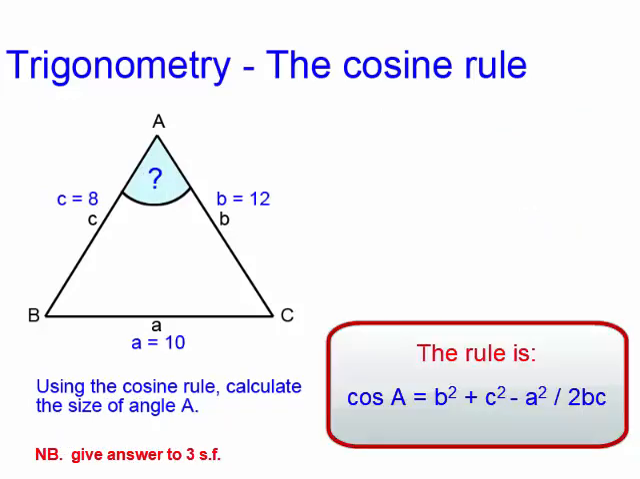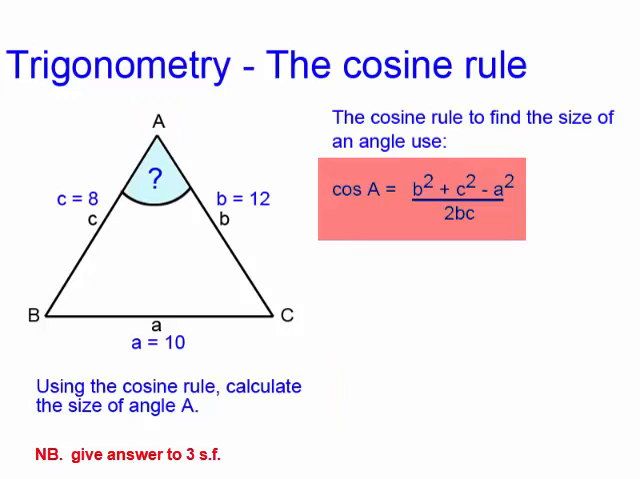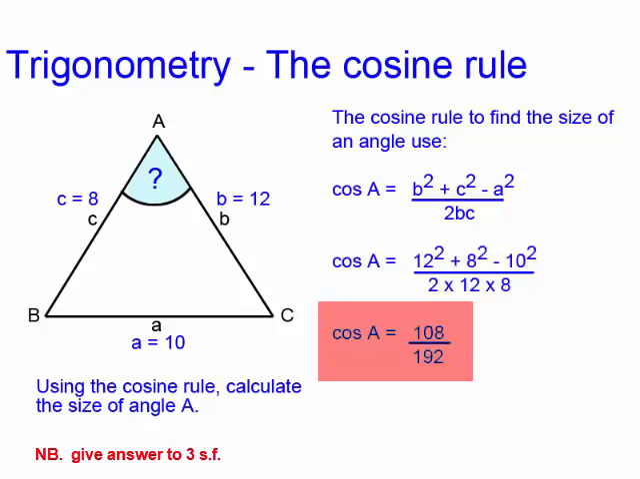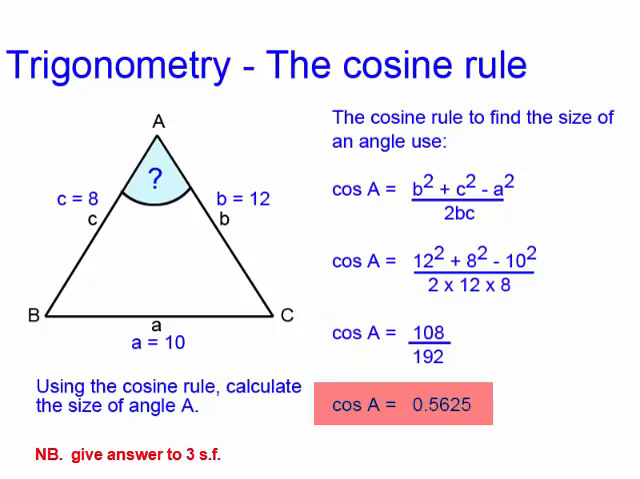In this example, we want to use the cosine rule to find the size of an angle. So we use the rule cosine A equals b squared plus c squared minus a squared, divided by 2bc. Using the variables we have been given in the task, we can rewrite this as cosine A equals 12 squared plus 8 squared minus 8 squared, divided by 2 multiplied by 12 multiplied by 8. And this gives us the expression cosine of A equals 108 divided by 192, which gives us the cosine of A of